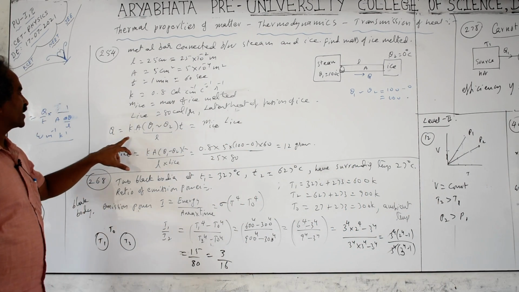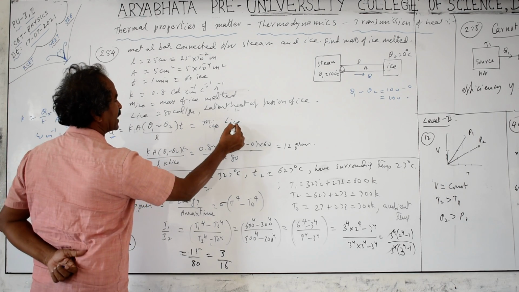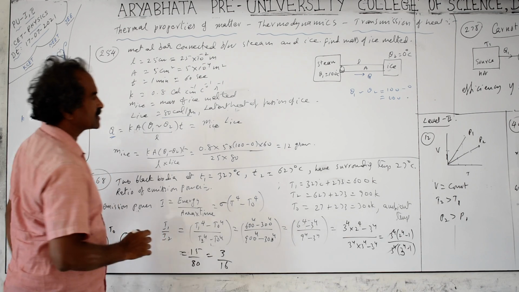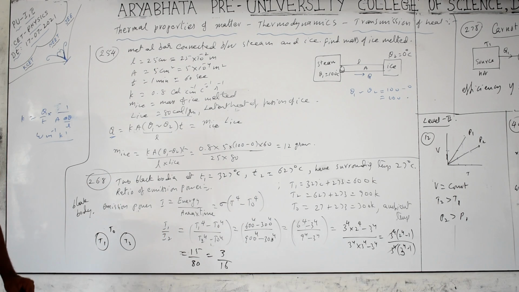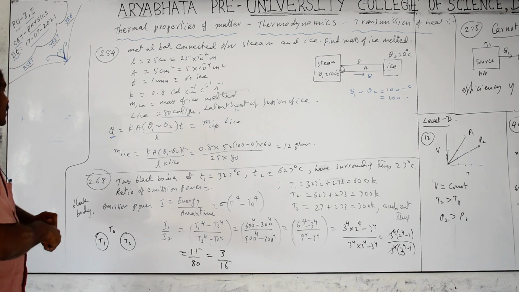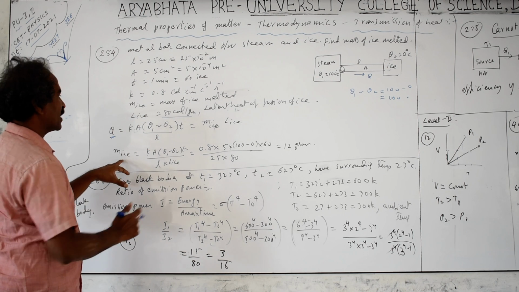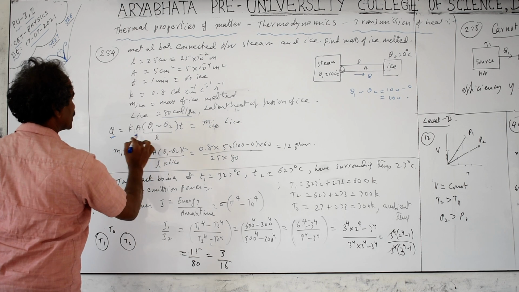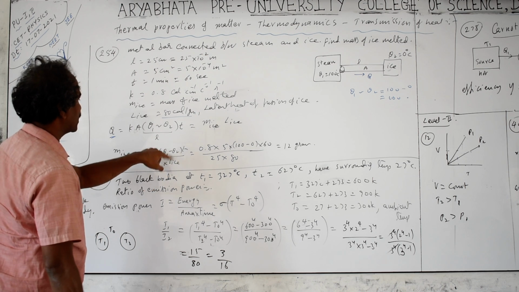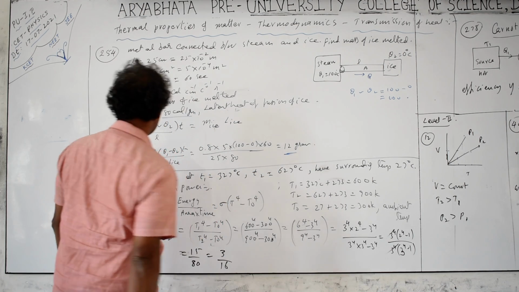They asked to find out how much ice melted. The amount of ice melted because of the heat Q is Q equal to M into L ice. L ice is the latent heat of ice, equal to 80 calories per gram. That is called the latent heat of fusion of ice, the heat energy removed from the water to convert it into ice. The same amount of heat you have to add to melt the ice. So if you take L ice to the denominator, you get the expression for M ice equal to K A into temperature difference into time by L into L ice. Substituting the values in CGS units, the answer you will get is 12 grams.